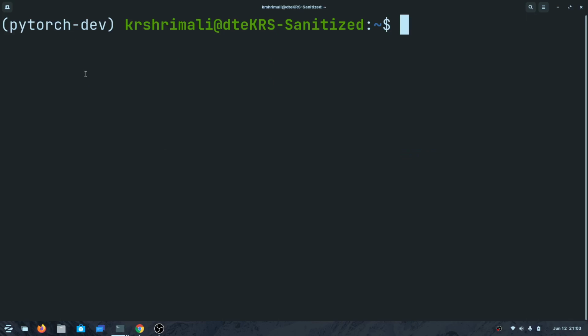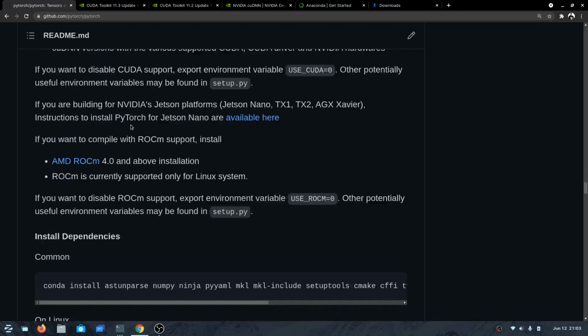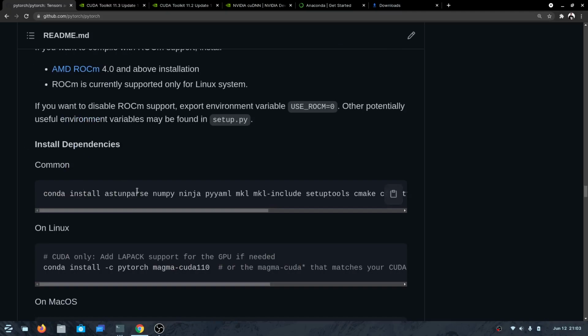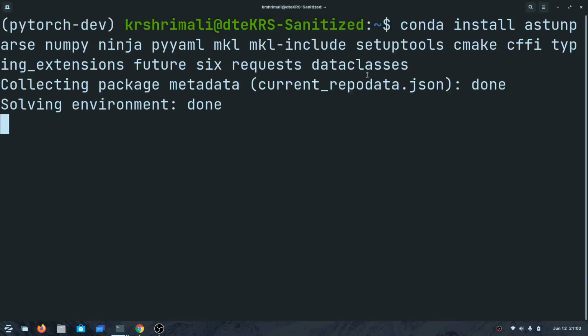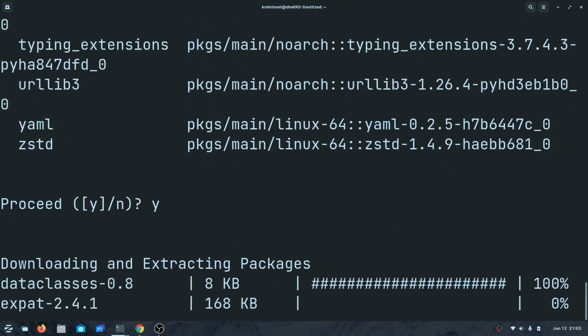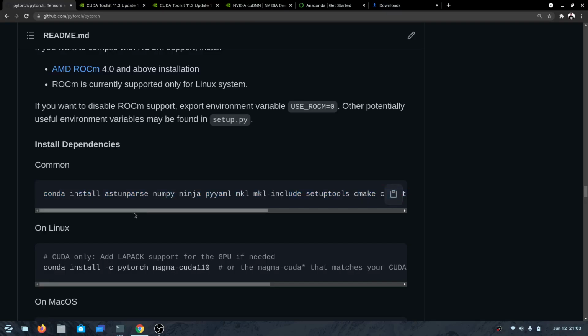Now what you need to do is install libraries. As I told you, you need to install dependencies, and I would like to start this because it's going to take some time. So all you have to do is copy this and paste it here. It's trying to install all these libraries that you saw in the list, right? NumPy, Ninja, and all. And it is important that you take note of the libraries that are getting installed, just for an idea of what's happening.